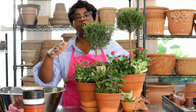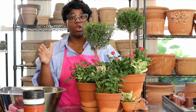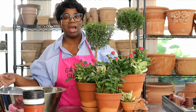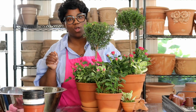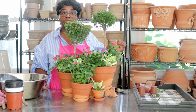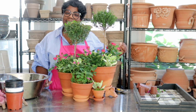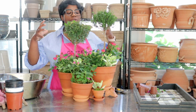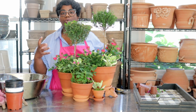The roses, I bring roses in and out of bloom all throughout the year. I'll say that again. My roses, I bring them in and out of bloom all throughout the year. Put them into dormancy, take them out of dormancy, put them back in the bloom. One of the easiest things that you can do, that way I have color all throughout the year. When you're out and about and you see myrtles, lemon cypress, boxwoods, any type of topiary, next time, don't think twice. Just grab it, because you can always incorporate your myrtles, your topiaries into different types